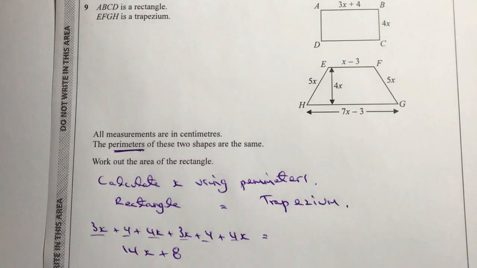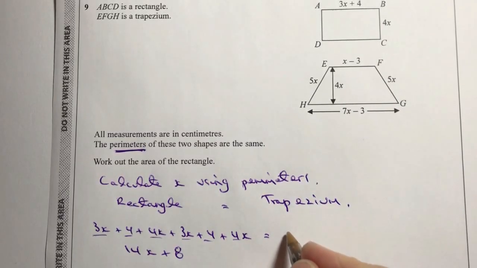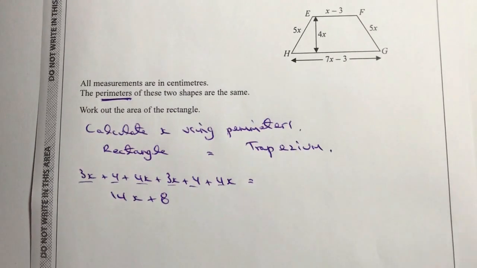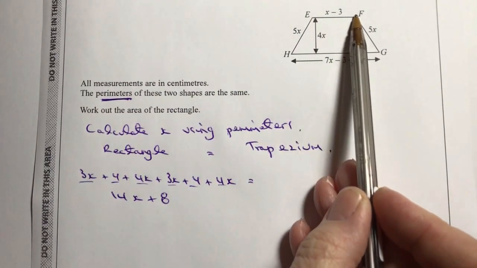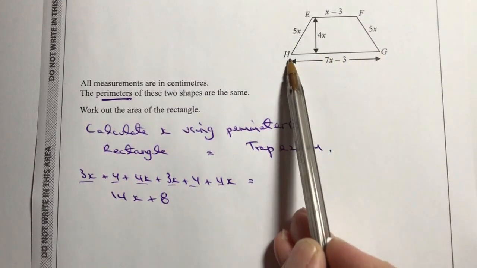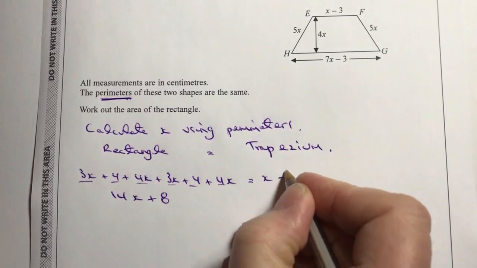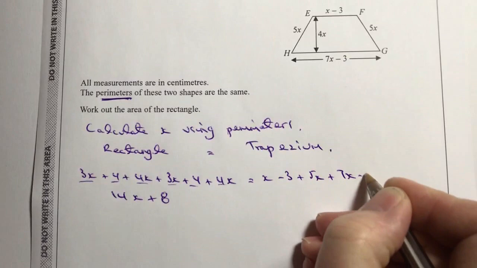We need to do the same with the trapezium, okay? Not so much different really, it's just a case of working it through. So I'm just going to move that up a little bit, and again I'm going to start here, go along here: x minus 3, 5x, 7x minus 3, 5x. Okay, so if I write all of that down, I've got x minus 3 plus 5x plus 7x minus 3